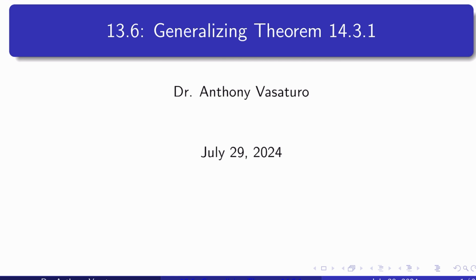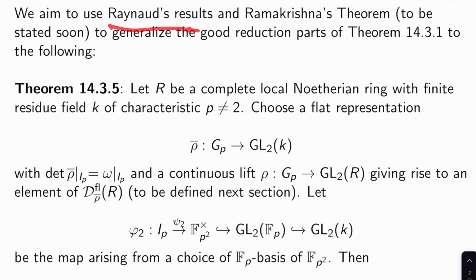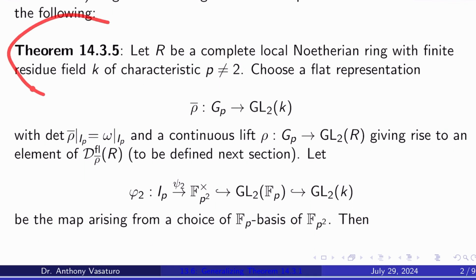We're going to try to generalize Theorem 14.3.1 from this playlist into the following theorem. So we're going to use Raynaud's results that we've been talking about and Ramakrishna's theorem, which will be covered soon, to generalize actually just the good reduction parts of Theorem 14.3.1 from this chapter to the following theorem that we'll call 14.3.5. It says, let R be a complete local Noetherian ring with finite residue field K of characteristic p